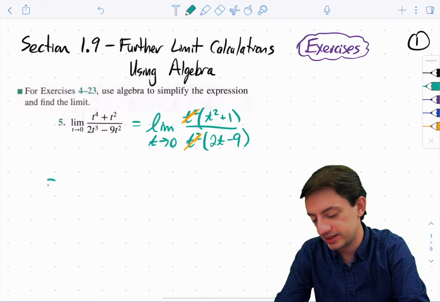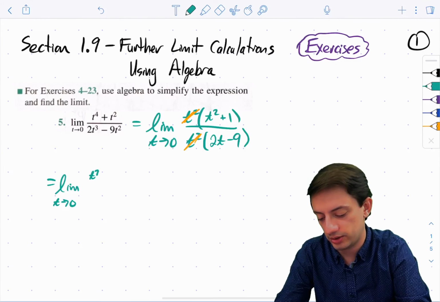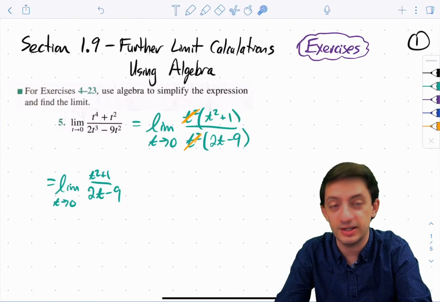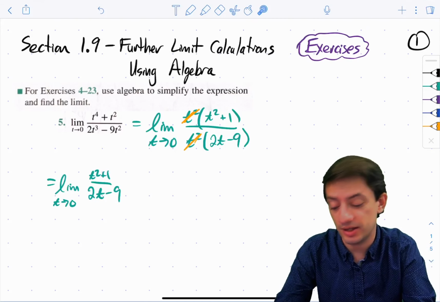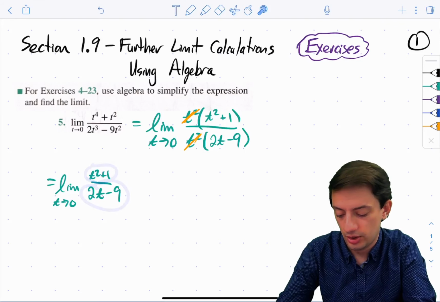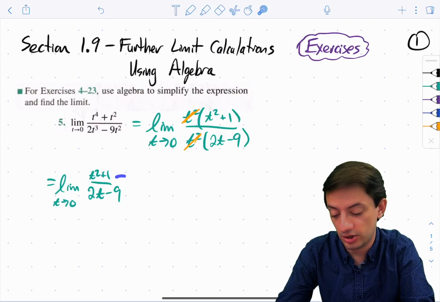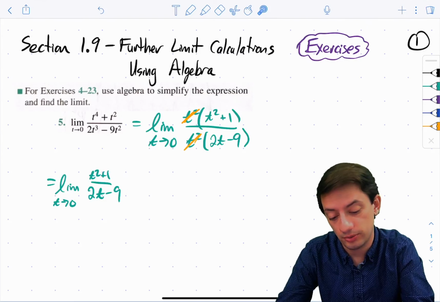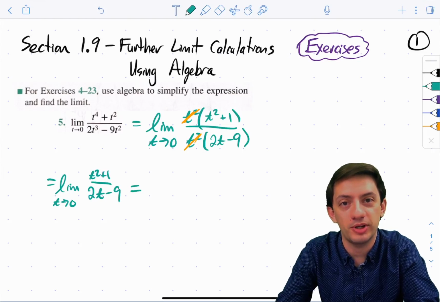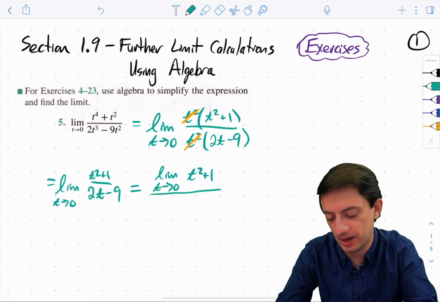That means what we've got is now the limit as t goes to 0 of t squared plus 1 over 2t minus 9. And actually this is very easy because the numerator and the denominator, both of them are not 0 when I try to plug in t equals 0. These are polynomials. So if I use that nice property of limits where I write this as the limit of the top divided by the limit of the bottom,